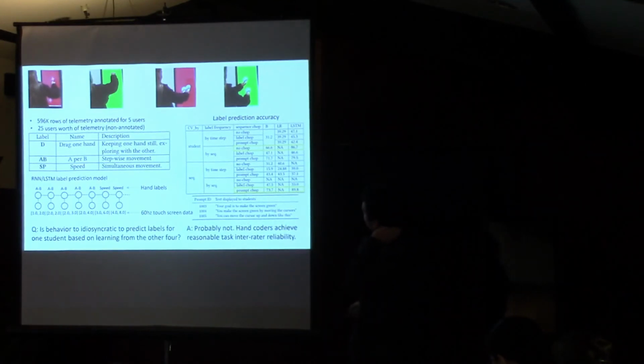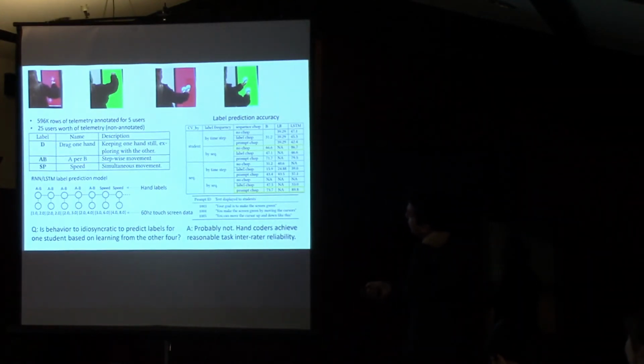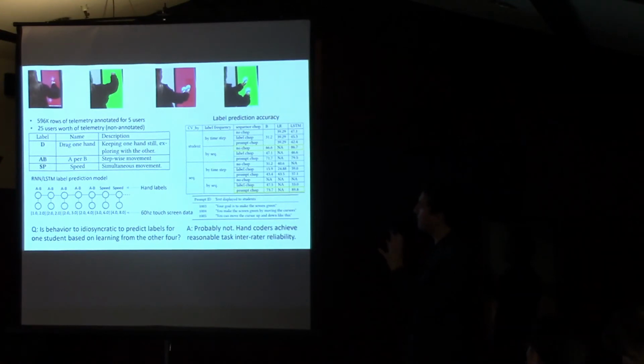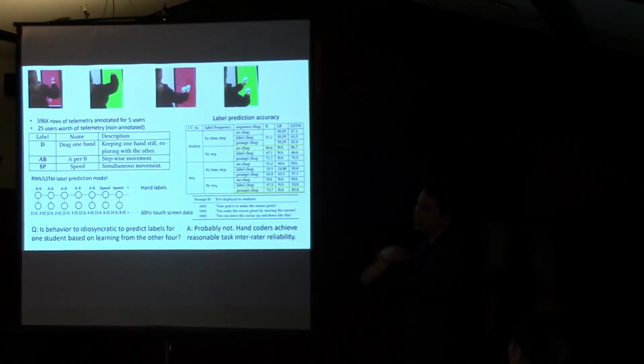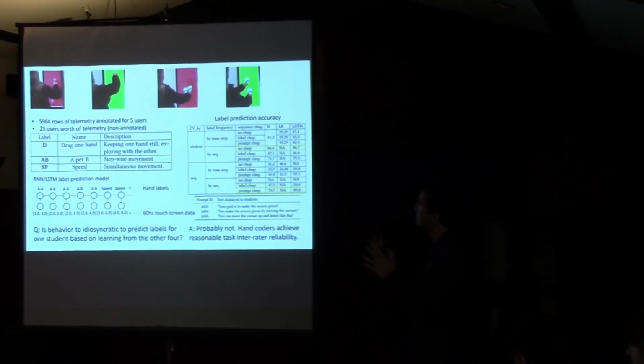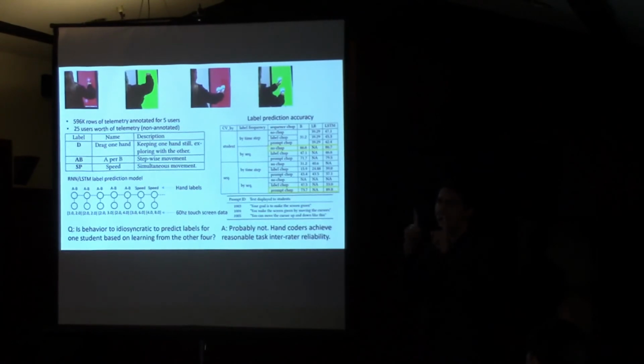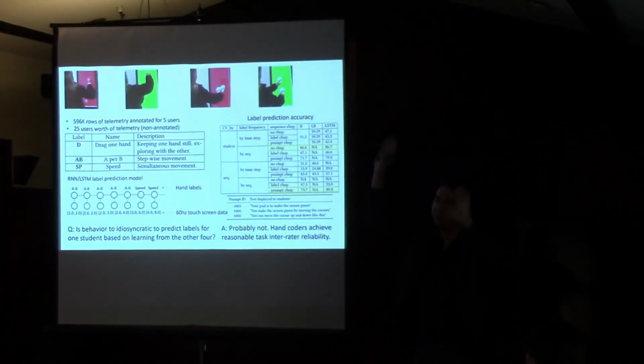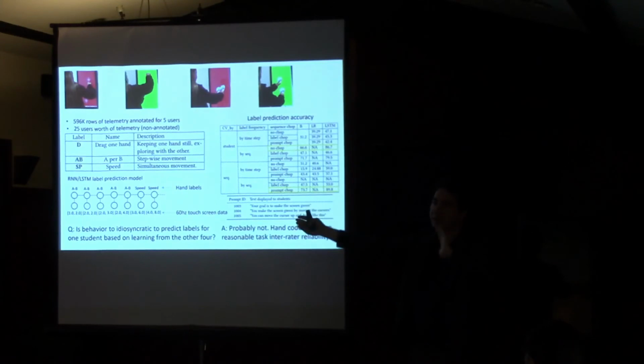So how well were we able to predict that label? We tried a lot of different cross-validations, so having students held out and predicted, having sequences that were cut up held out, so you could learn about a student that you were also testing on. And we tried different ways of cutting up the sequence, cutting it up by contiguous labels, so each contiguous series of labels would be a sequence. Another sequence could be the prompt, right? You're prompted, okay, keep the screen green by moving both hands. All the data that happens after that could be a separate sequence.